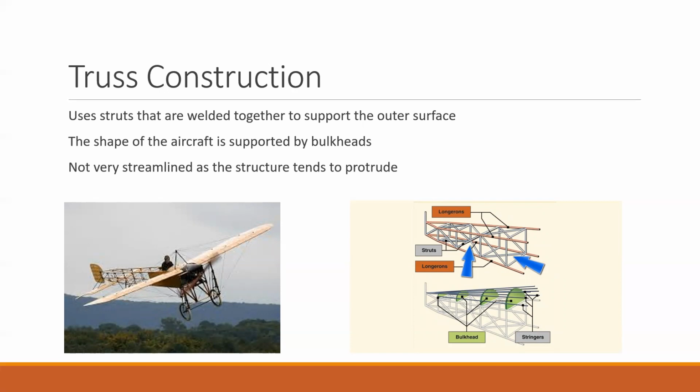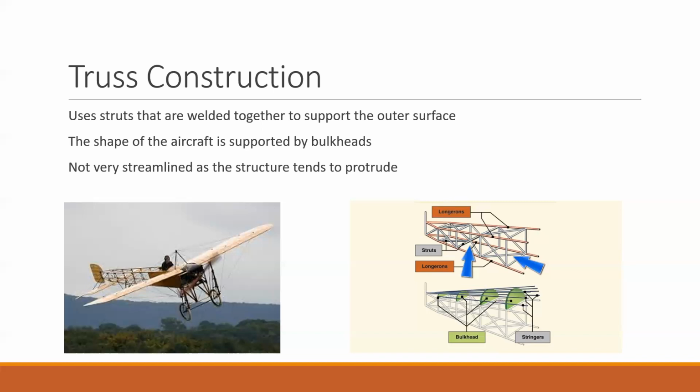And sometimes these types of constructions are also supported by bulkheads and stringers. So you'll see these bulkheads up top with stringers that provide some strength in that direction as well. Again, these are usually used on older aircraft. So like this picture, it's an older aircraft, and they're not very efficient as far as